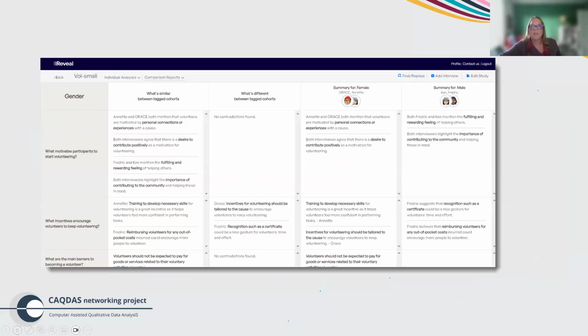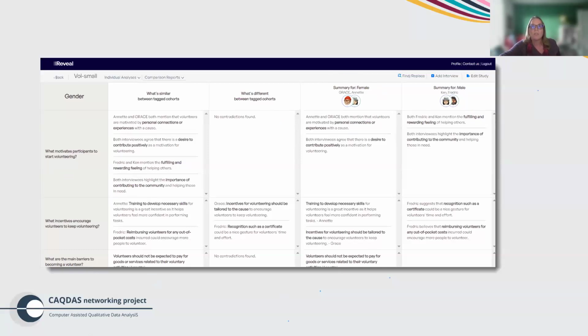One last screenshot here. This is cohort, so rather than looking at individual participants, we can tag our data according to cohorts. Just a very similar male-female thing, but you can have as many different cohorts going along there, and then you can ask questions not just by any participant, but according to different cohorts.